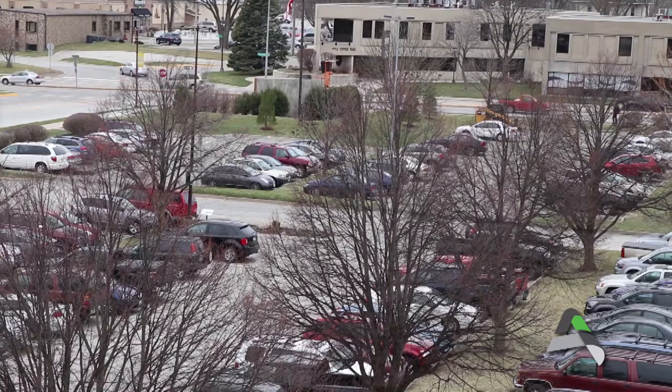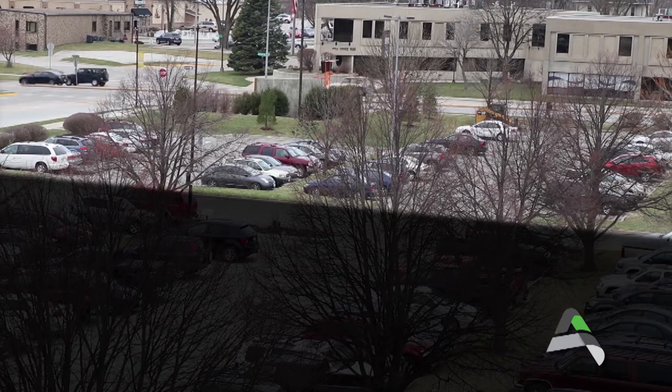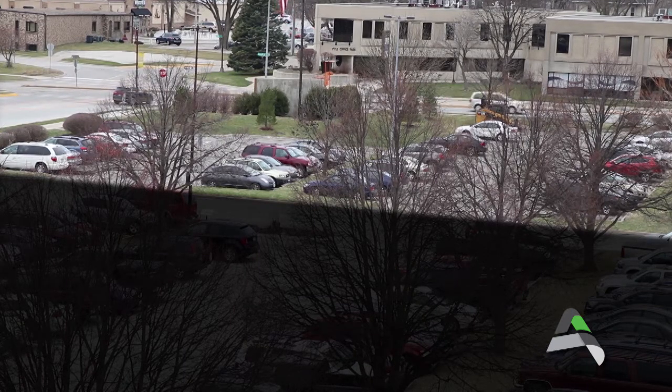And I would like to thank you for taking a few minutes to meet with me so I can discuss the reconstruction of the City Hall parking lot, Lot M, which is on the west side of City Hall, as well as the parking displacement plan for employees and visitors to City Hall. I do want to note that no work will be taking place in Lot MM, the lot just west of Lot M near the Veterans Memorial, and this parking lot will remain open to the public at all times during